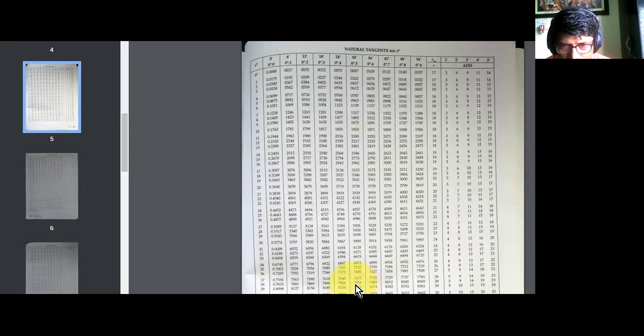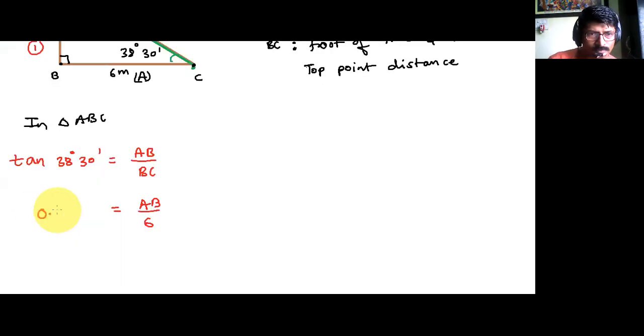So that's 0.7954, isn't it? Okay, 0.7954 is our answer. So we'll just copy paste that over here. So that will become 0.7954. And now once you get this, you can just do the cross multiplication. So what will be the value of AB? AB will turn out as